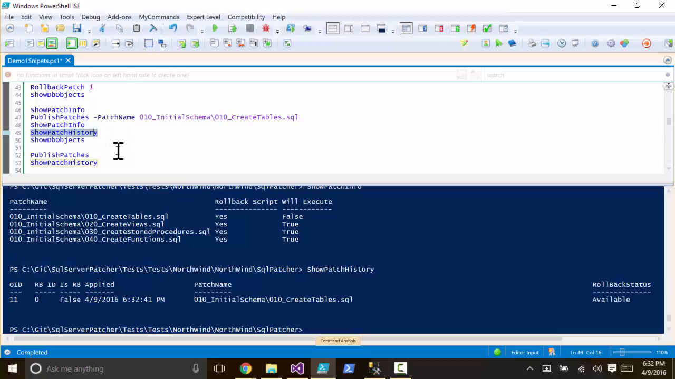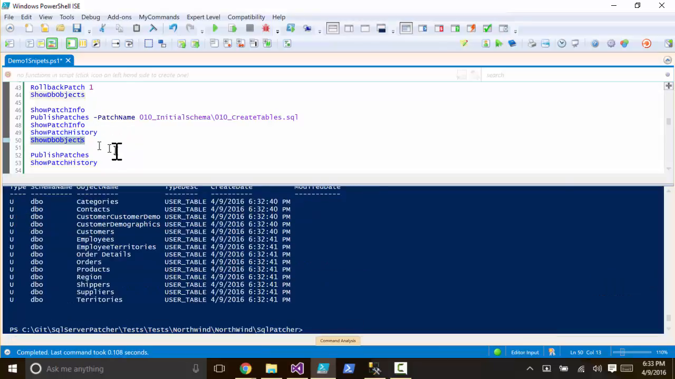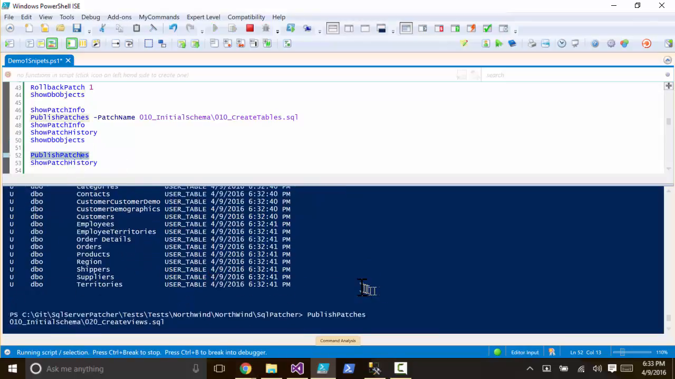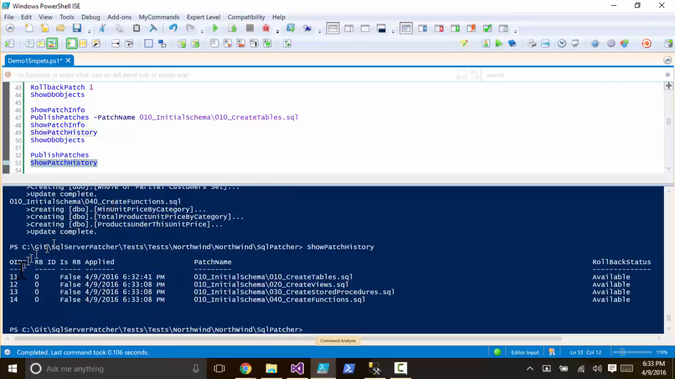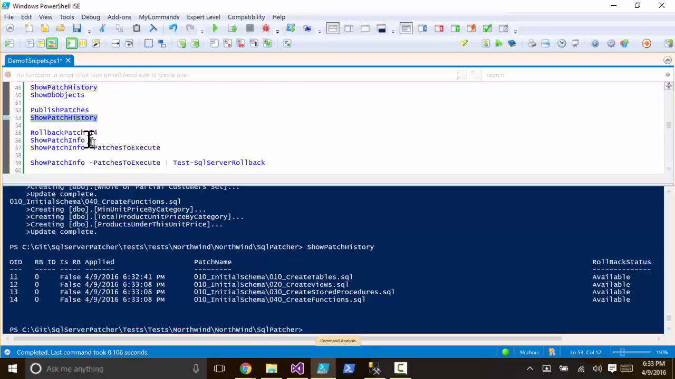Most of the time, of course, in automated processes, you're just going to have it execute everything that hasn't been executed. Again, if I show database objects, only the tables are there. So now if I publish patches, it's going to execute the rest of them. Show that. So now we're moving along. We've done 14 patches. Now, I'm going to show one of the best features of this, and that is the